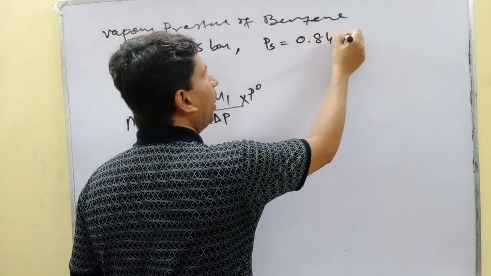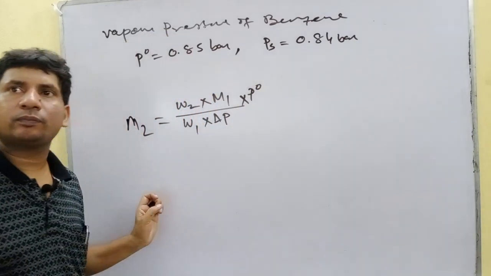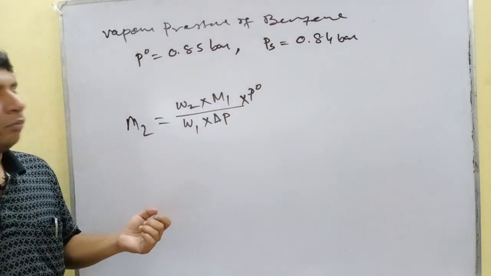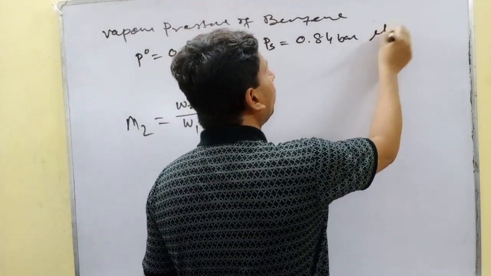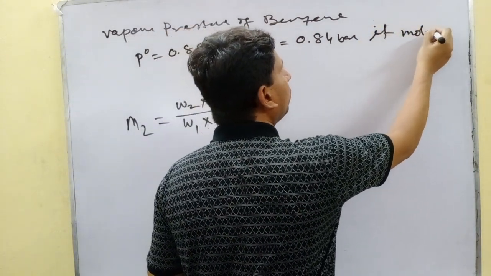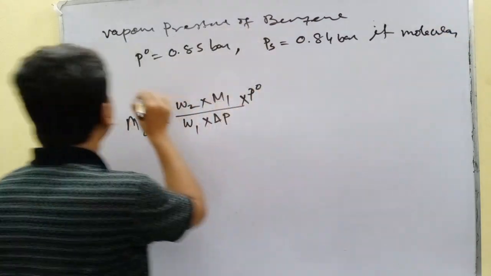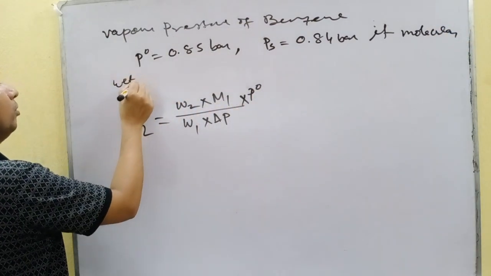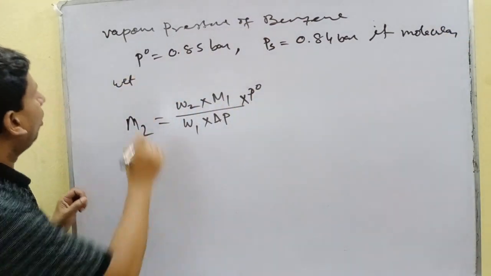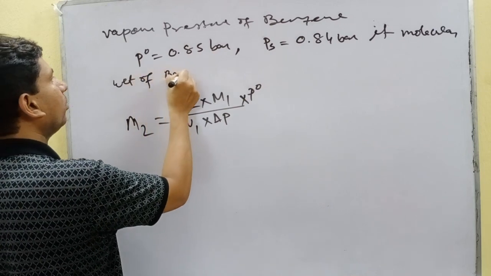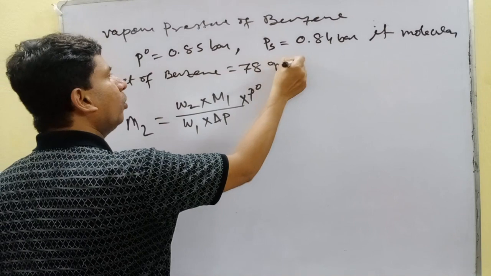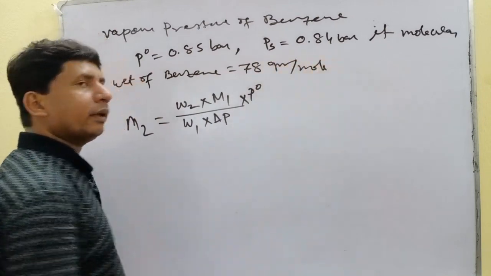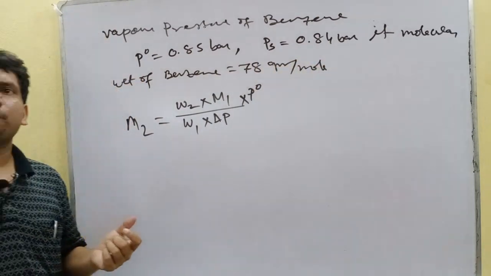If the molecular weight of benzene equals 78 gram per mole,